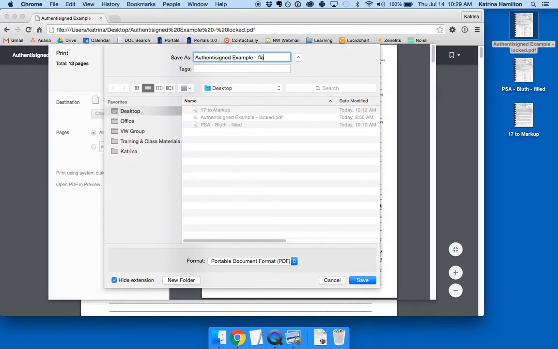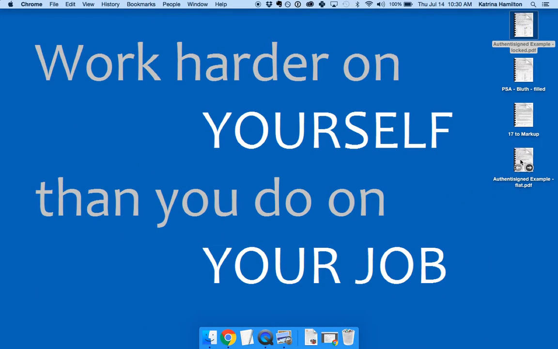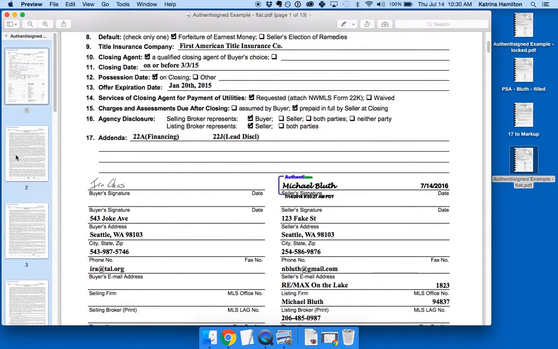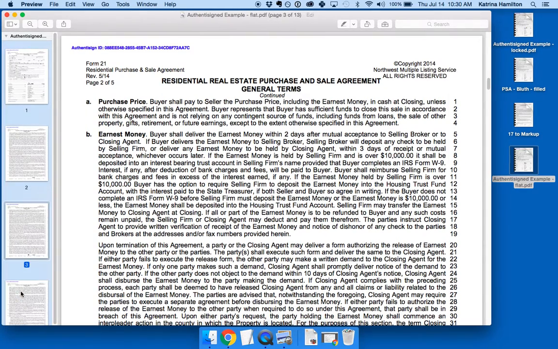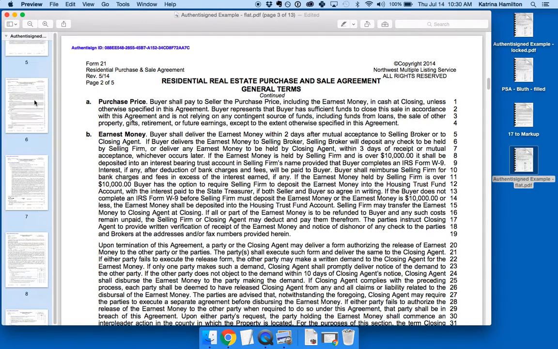What we're doing is sometimes referred to as flattening because you're taking everything about the document that was maybe movable or changeable or extra and just flattening it all down so that it's like a real piece of paper again. So I'm going to save it on my desktop as just Authentisign example flat. You can see it's over here now. So if we were to open that back up now, it's still signed and everything, but now I have the freedom to maybe move pages around, or I could extract things, or maybe mark it up if, say, we're going